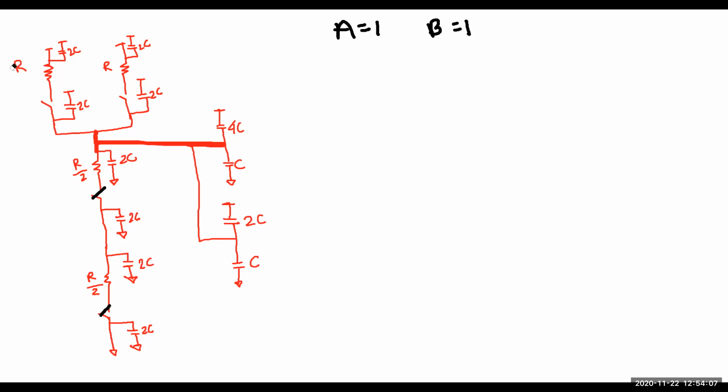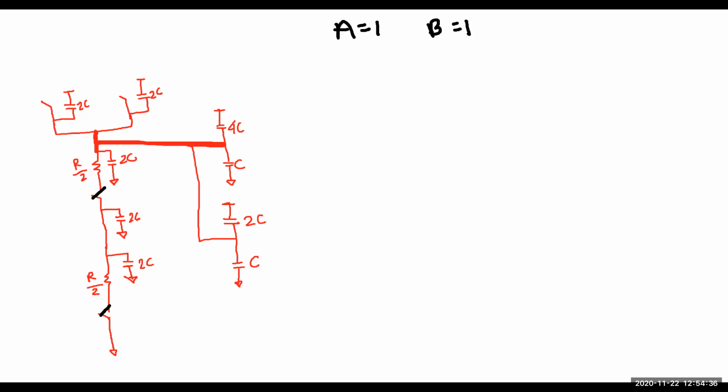Okay. Now I need to delete this part because this is not connected. These resistor capacitor are not connected, so I'm going to delete them. Understood? Yes, sir. Okay. Now I need to delete this capacitor as well. Why? Because the capacitor is short. At one point it has ground, and at another point it has ground. So this capacitor is short, right? Yes. So I'm going to short it. Anything else? Nothing. So we have our circuit.